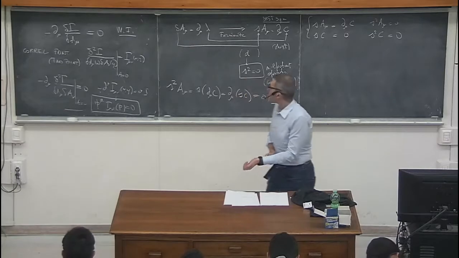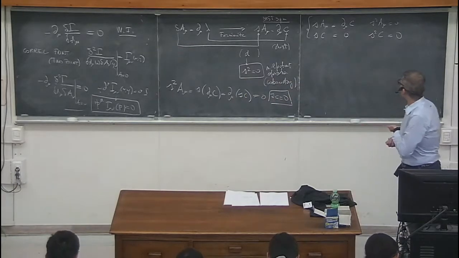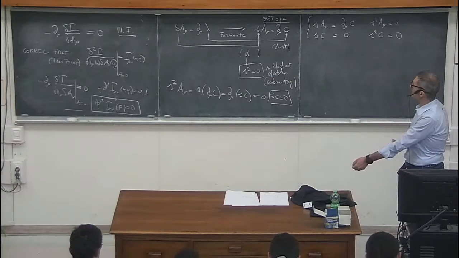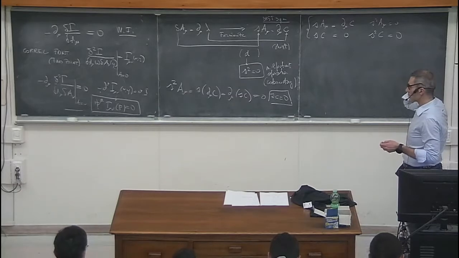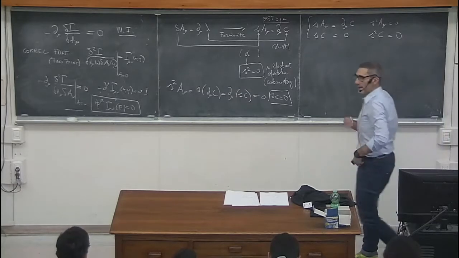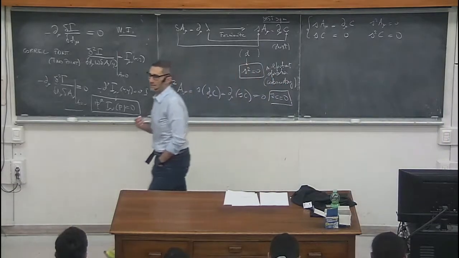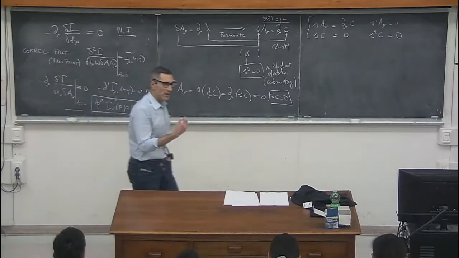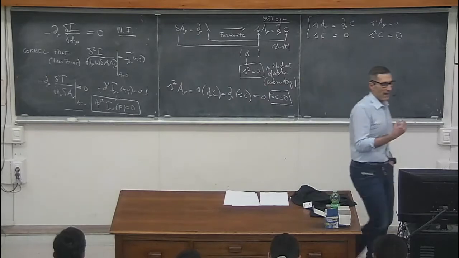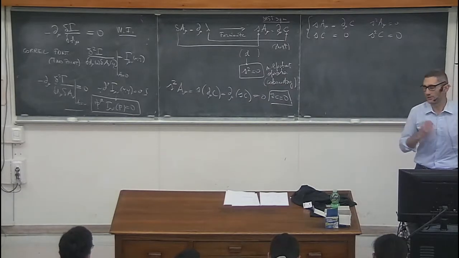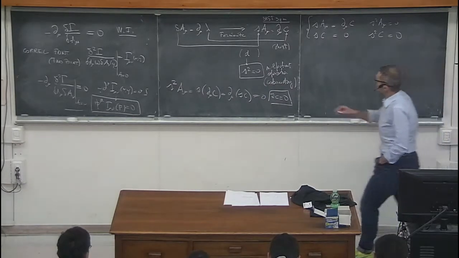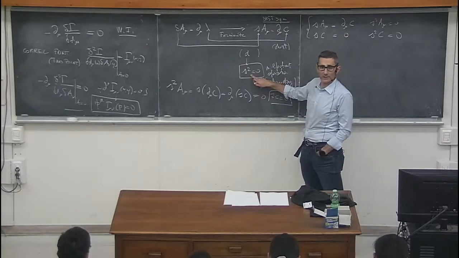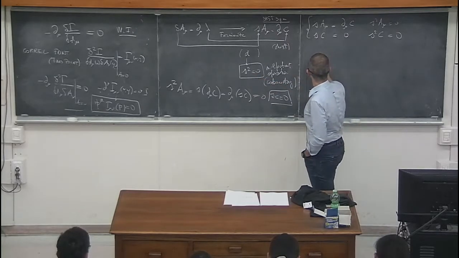Good. So now, as I said before, I want to change the action, okay, but in a way that is somehow trivial. I want to change the action in a way that affects the theory as little as possible, okay? Now, since this operator here is nilpotent, I can always find a solution of this equation,